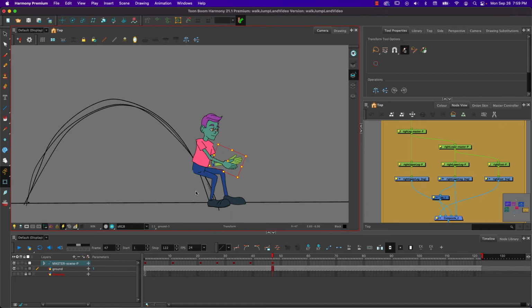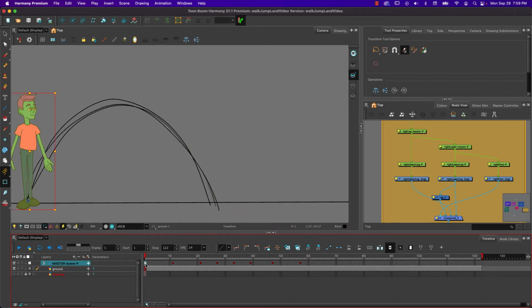And repeat that process. So you can see if he tried to stay like this, he would most likely fall over. So as he stands up, he's going to have to shift his weight over there a little bit to try and find that sense of balance. So now once again, add on a keyframe, and I want to return to a standing pose. And this is where I want to show something fun. I can go back to this starting keyframe,